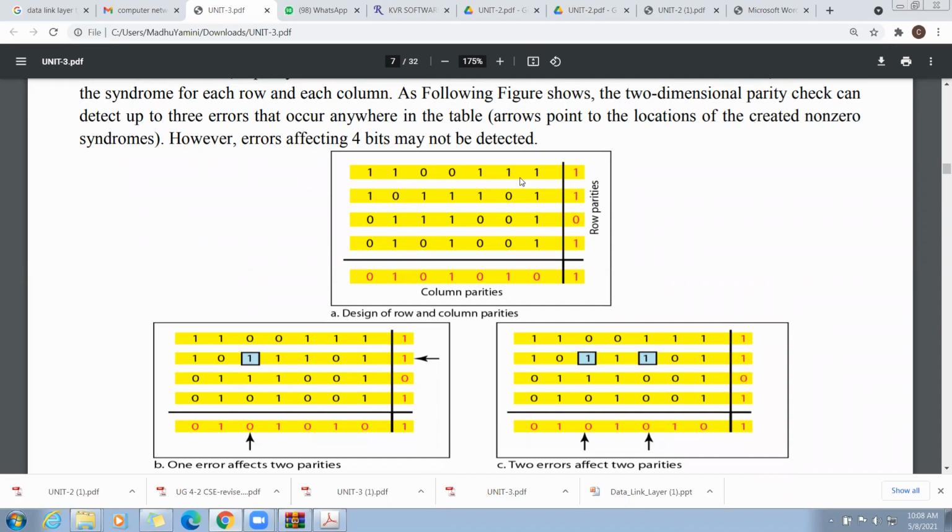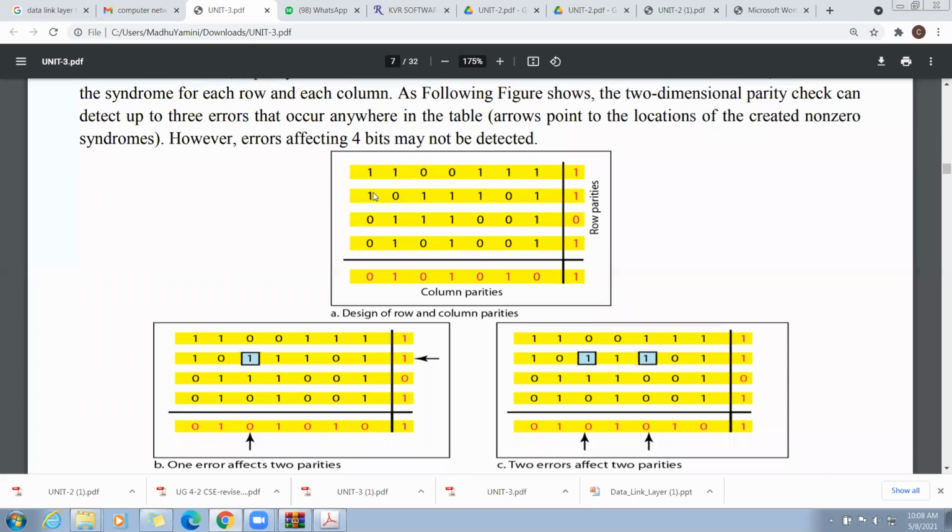1110111. Here, to calculate the row parity, I am showing you horizontally the row parities. How many number of ones? 1, 2, 3, 4, 5. There are 5 ones in this row. To make this even, we need to add 1 as the row parity.